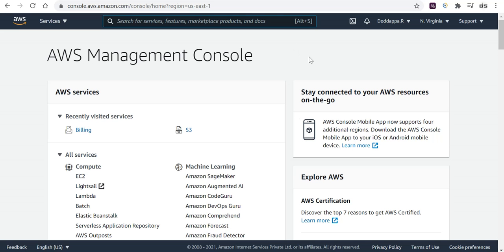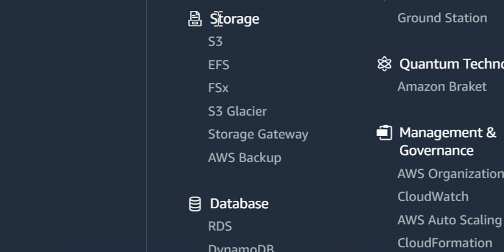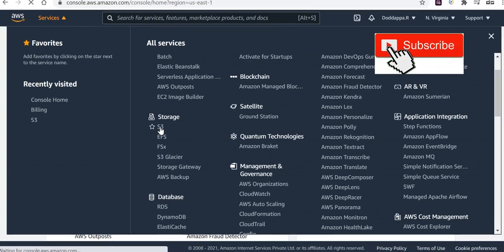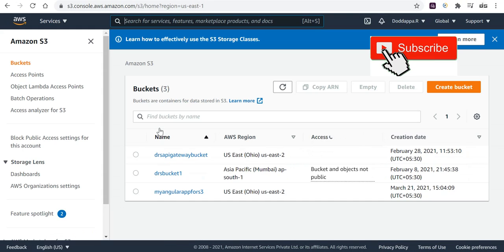Okay, so here is an AWS account which is already pre-created. I hope everybody has an account. If not, you can ask for it and we will do another session on how to create an AWS account. Once you log into the AWS console, you will reach this page, and you can search for S3 in two ways. One, you can go to Services and look for Storage, and within Storage you can see S3. Click on this and it will take you to Amazon S3.